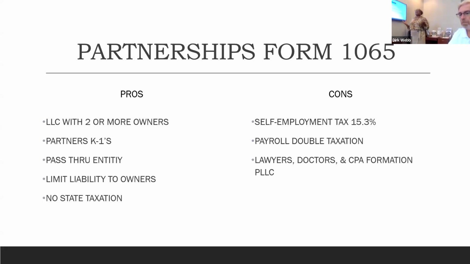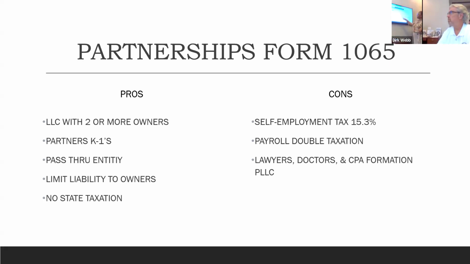So the benefit of a partnership tax return is that an LLC with 2 or more owners becomes a partnership. The partnership tax return is like a pass-through entity. So it's an informational tax return. You don't pay tax on this return itself. You get a K-1 and the profit that's split between you and the other partners, or whoever you listed as the other owners. That goes on the K-1, the profit or loss, and then it rolls over to your personal tax return, but only the profit or loss, not the detail. The detail stays on the 1065 form.